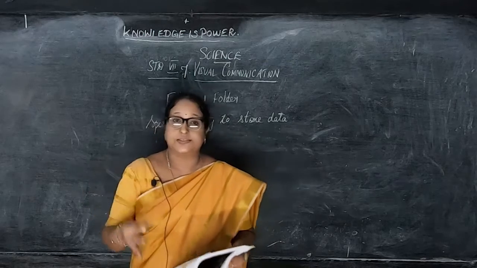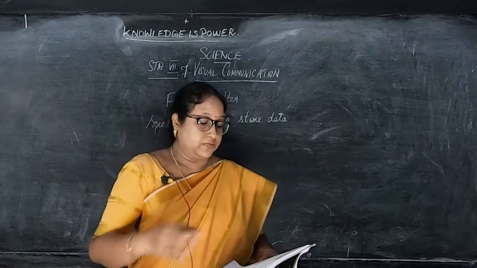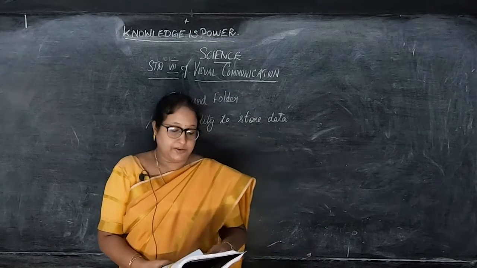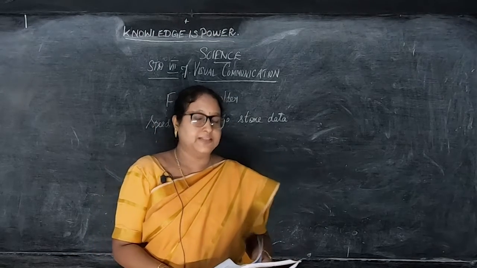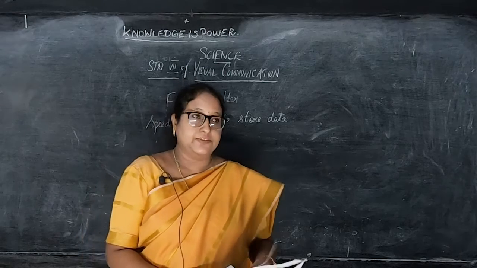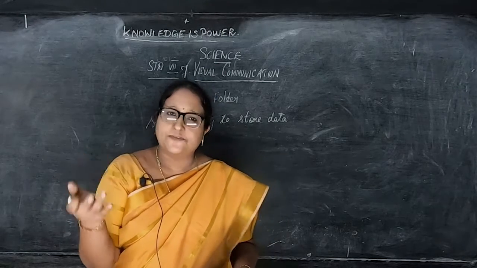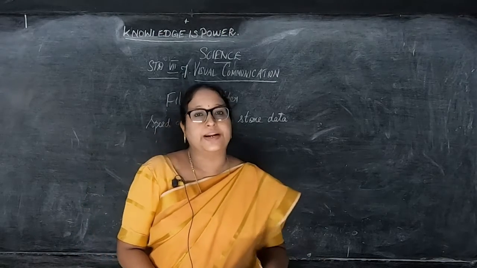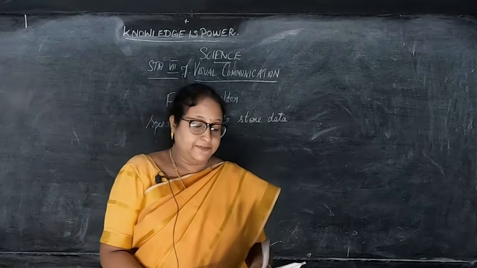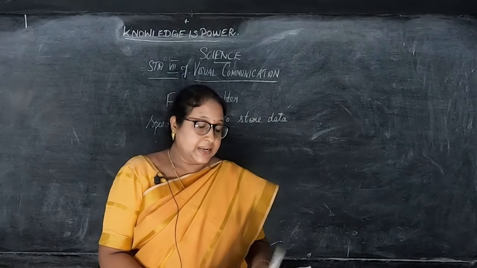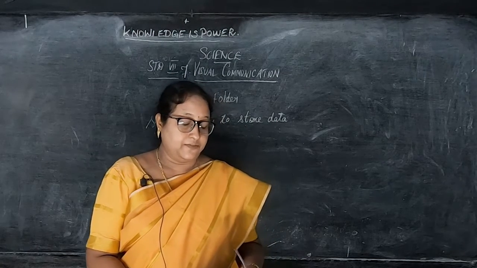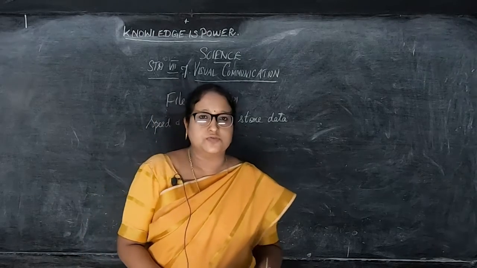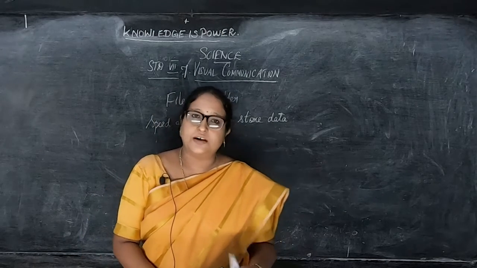So, this you have already learned, what is data and information, in the 6th standard. And now they have asked how can we save data and information in the computer? We can save them in folders which accommodate multiple files or a single file. That is, we can save them in the folders. Okay, many files or one file also can be saved in the folders. Let us understand the terminologies like file and folder before moving further. So, before moving further, we should know what is file and folder.